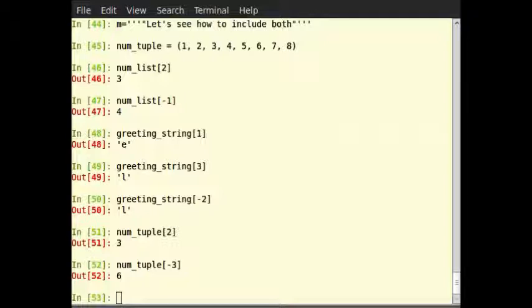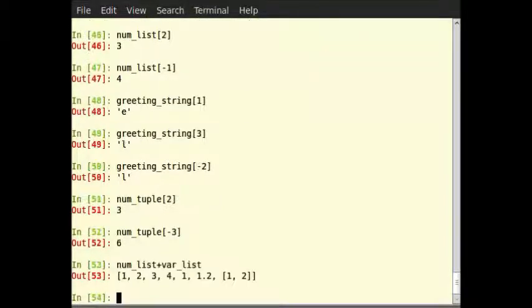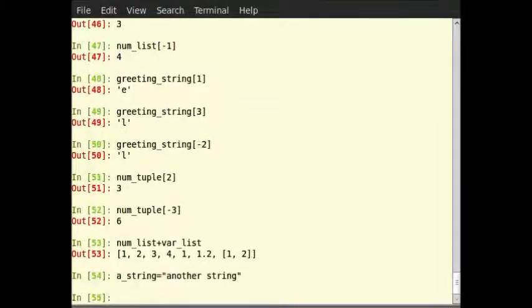Addition gives a new sequence containing both sequences. So type num_list + var_list in terminal. Then a_string is equal to, in double quotes, another string. Then greetings_string + a_string.